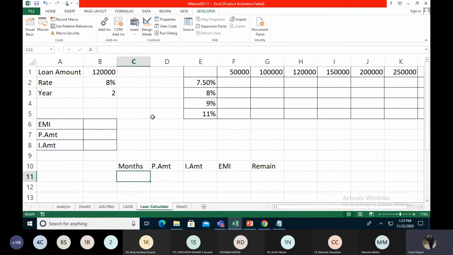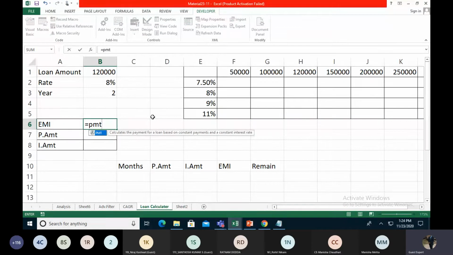Right now I have one amount of 1,20,000 rupees, my interest rate is 8%, and I am taking the loan for 2 years. So first of all I want to find out the EMI. So we check the financial formulas. This financial formula is named PMT, payment per month.